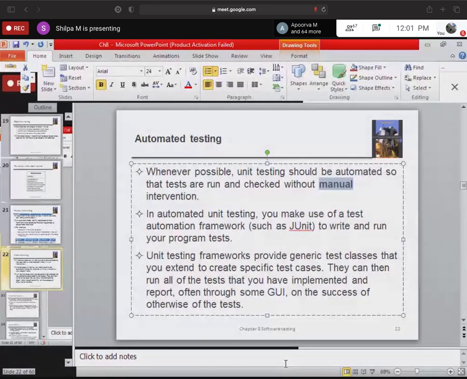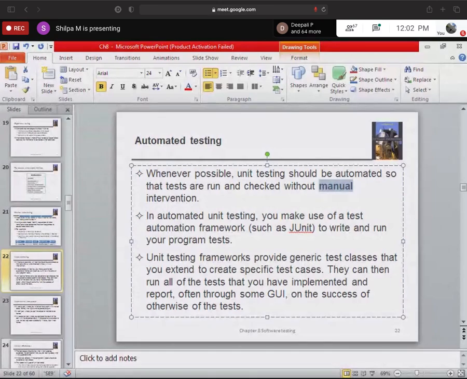I think you would have heard this. What is automated testing? What is manual testing?